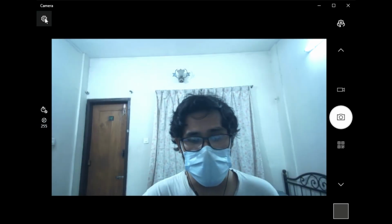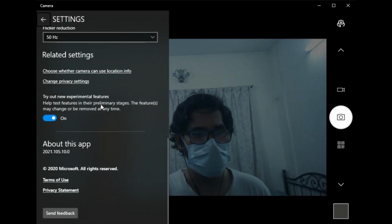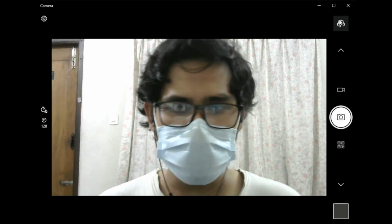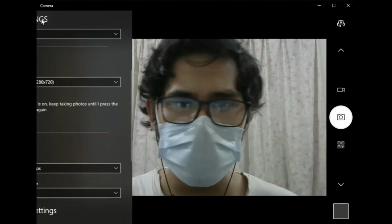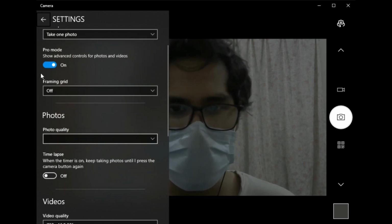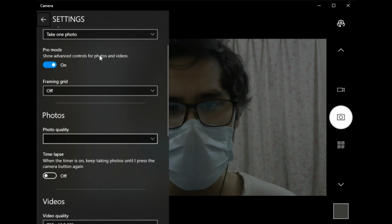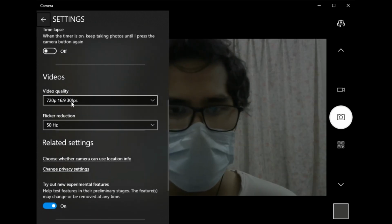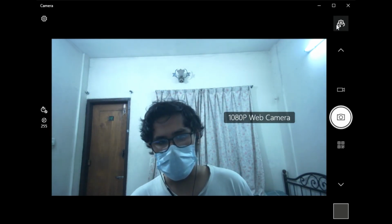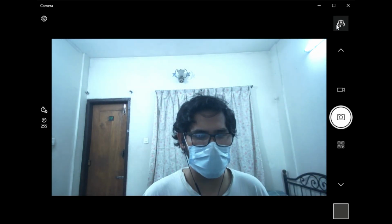So, compared to the Logitech C270 I have, let's compare it once again. So here is the one from the Logitech C270, which is a 720p webcam. As you can see here, this offers only 720p and only 0.9 megapixels, and the 720p at 30 fps. So I guess you will get a better picture quality with the Hikvision one, with slightly problematic lighting,